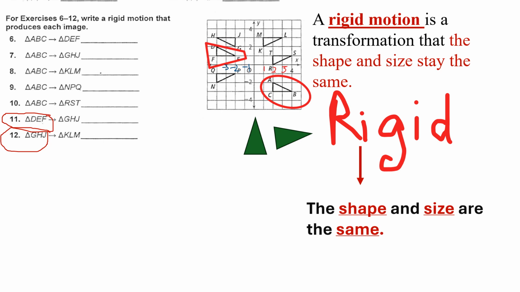A rigid motion is a motion that causes a transformation where the shape and the size stay the same. So this triangle, although it has different x and y coordinates, it's still the same size. It is still the same size. Okay, so